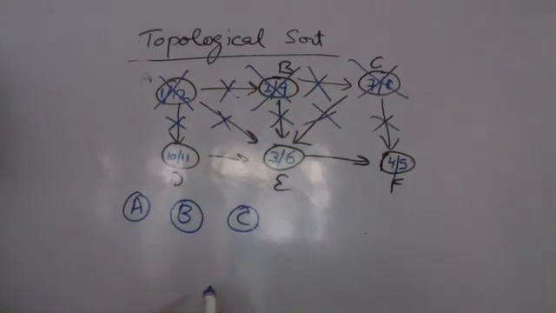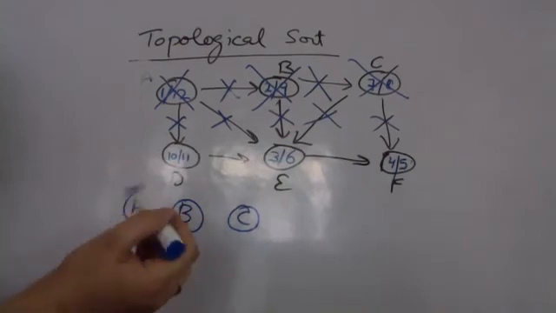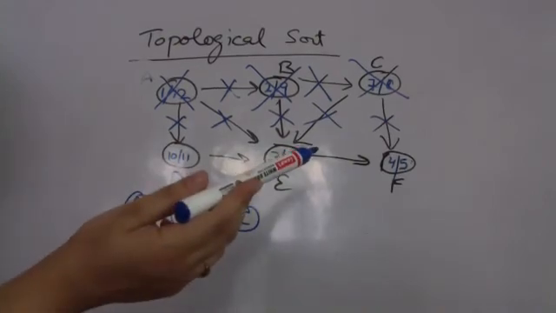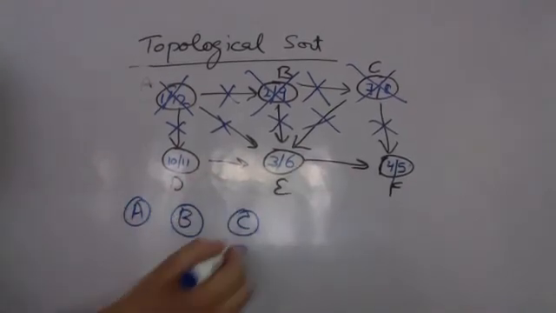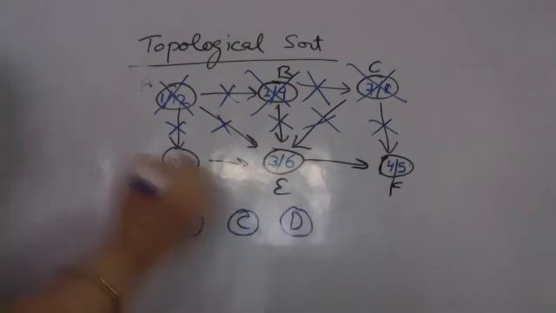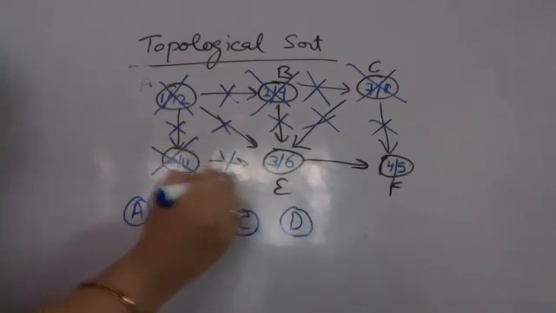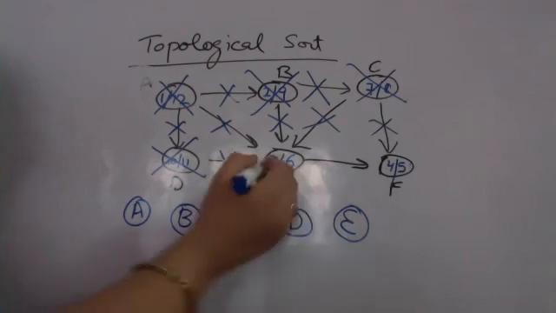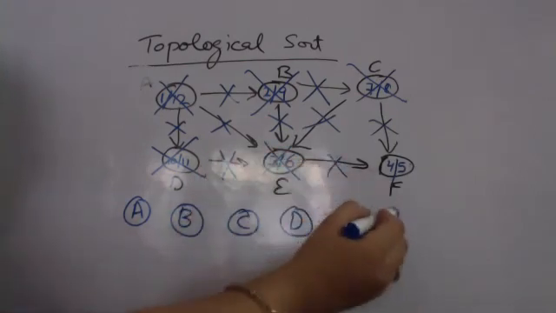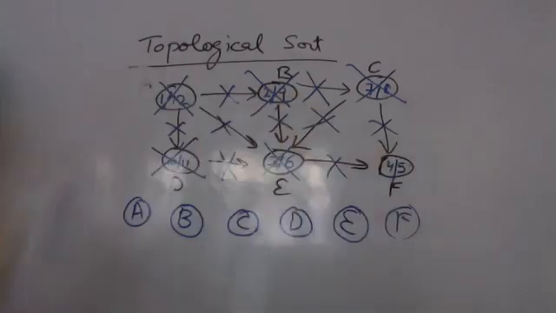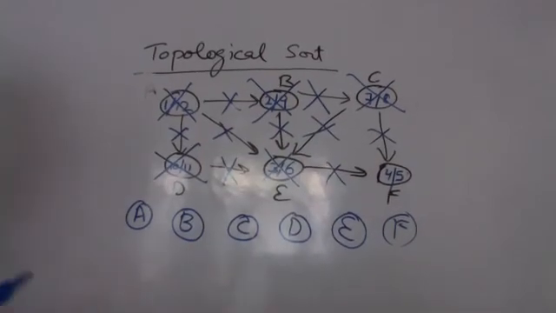Now choose the node with in-degree 0. How many nodes are there with in-degree 0 now? There is only one node, D, with in-degree 0. E or F are not in-degree 0, right? So you will be choosing D. Remove this, remove the outgoing edge. Choose E because that is the only node with in-degree 0. Remove this, remove the outgoing edge. Finally remove F. So now you are left with an empty graph and what you have got is again a topological